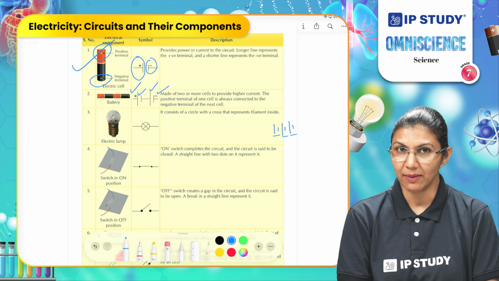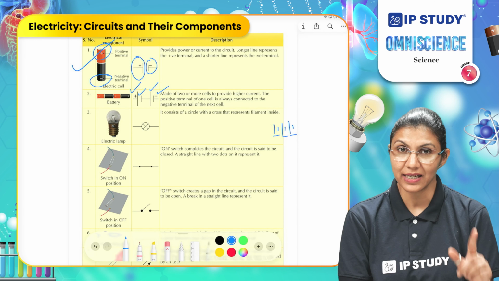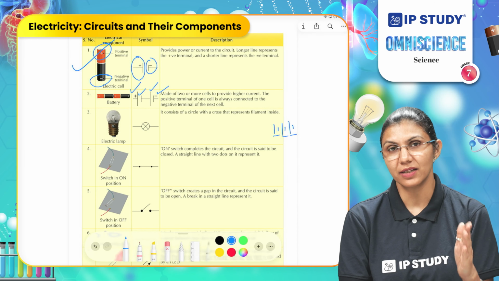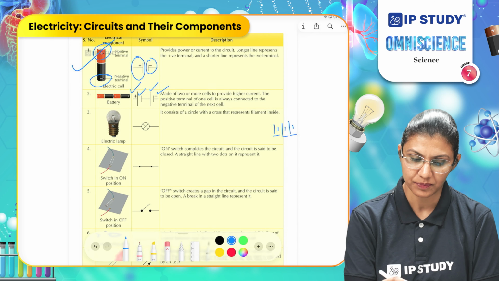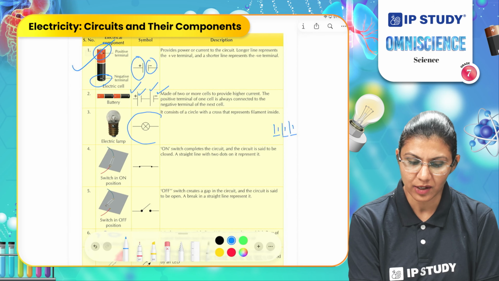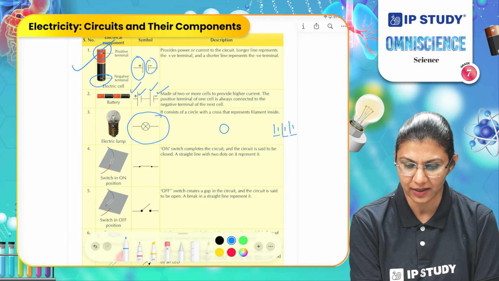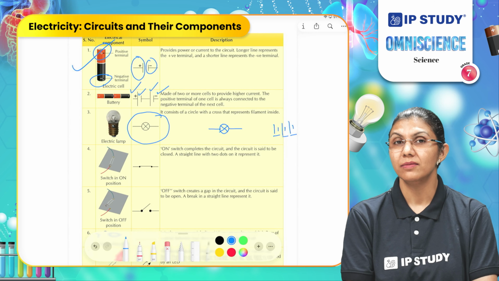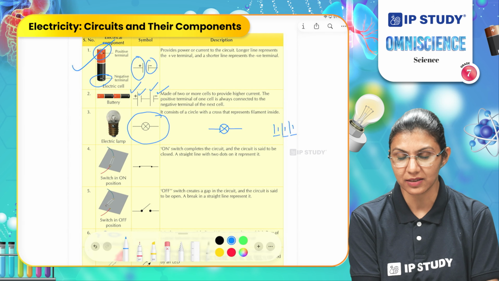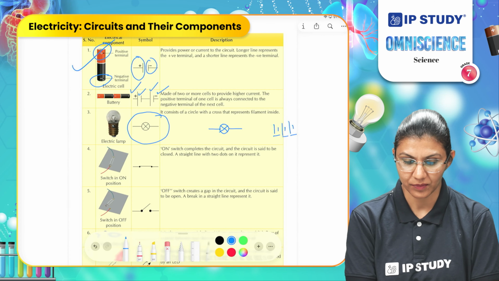Next is the lamp, which will help us to understand whether the current is flowing. It is used to test, by emitting light, whether the current is flowing or not, or whether the circuit is closed or open. It is denoted by this symbol. What we are doing here is drawing one circle and then drawing one cross inside the circle, and then drawing two terminals of this symbol so that we can connect it to a circuit.